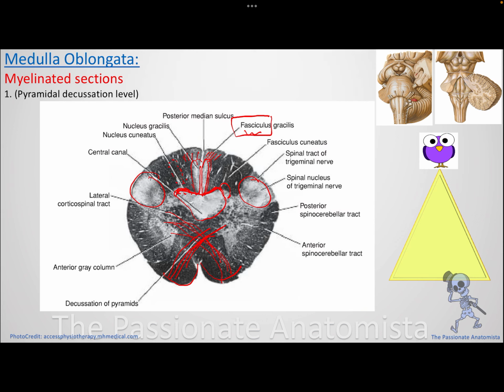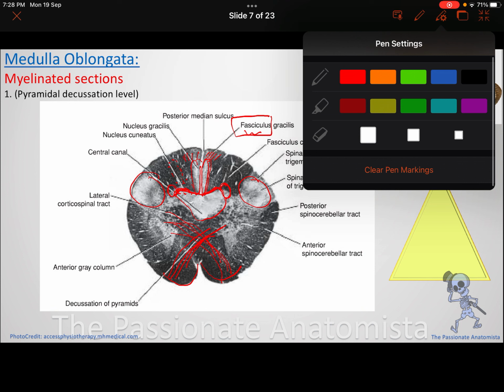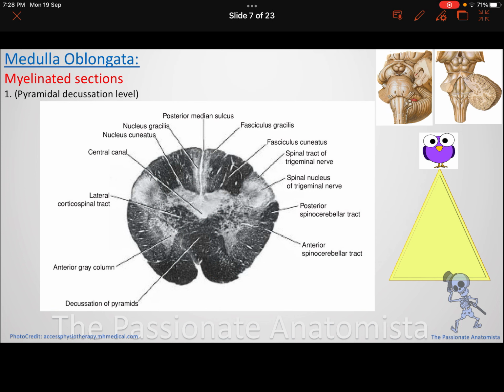And I just want you to know that there is one bulging part here, which is the accessory cuneate. It's not written here. I'm not sure if you need to know it, it depends on where you are and what you need to know. So here you have the nucleus cuneatus. There is a small bulging in some of the sections that will be the accessory cuneate. So if you have a nucleus cuneatus, there is an accessory part, and this accessory cuneate is important because that will give you the